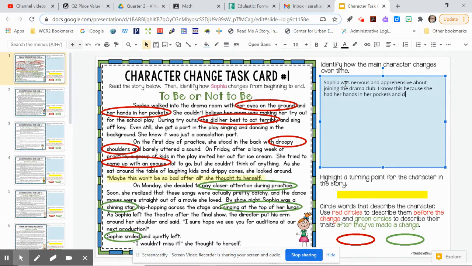and did her best to act terribly. The text also states that she had droopy shoulders. Okay, notice all the details, and I haven't even got to the turning point yet. And then you're going to say something like, a little ways into the story, Sophia